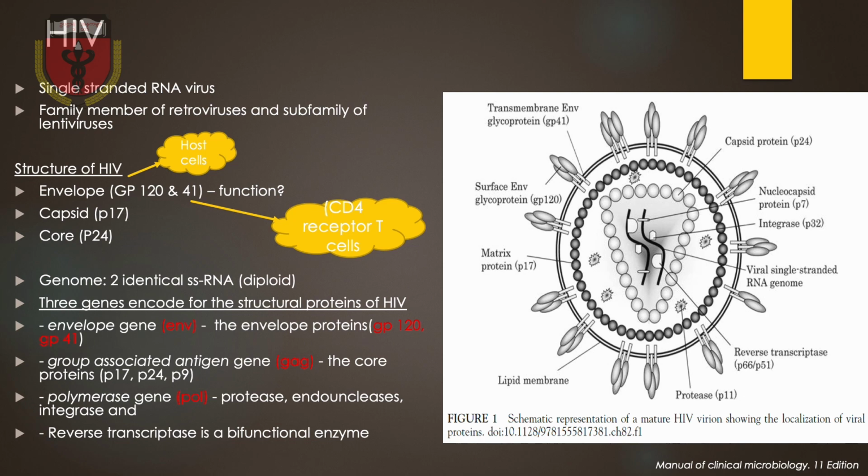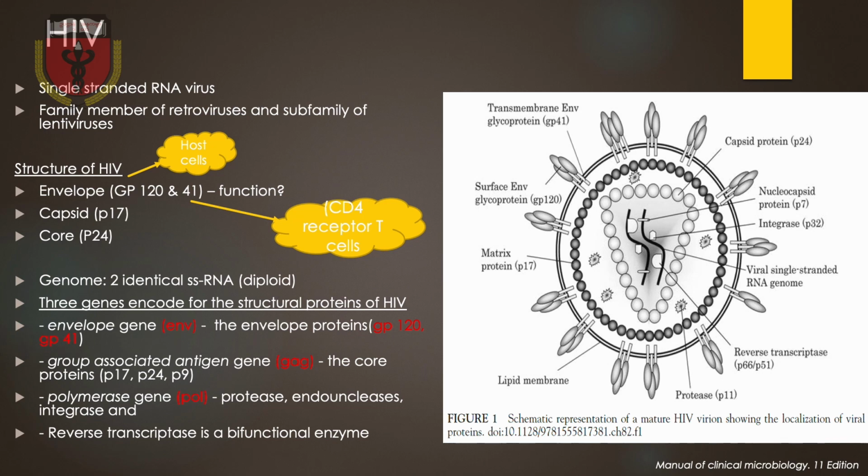One thing notable about this single-stranded RNA HIV virus is that it is a retrovirus. So it is a family member of retroviruses and a subfamily of lentiviruses. So what does HIV look like? What is the structure? Basically there are three main